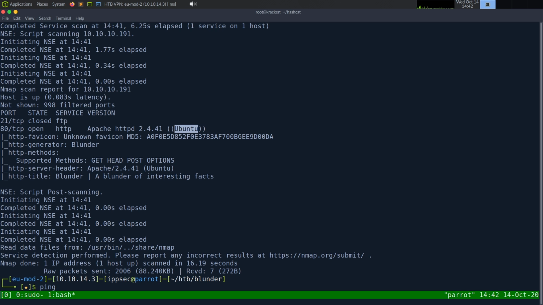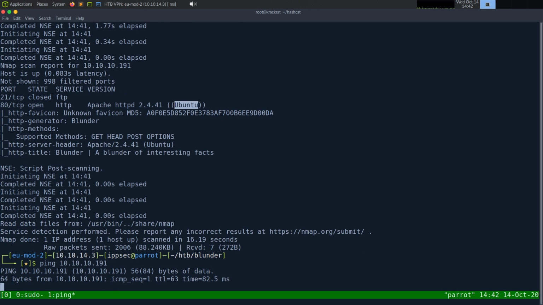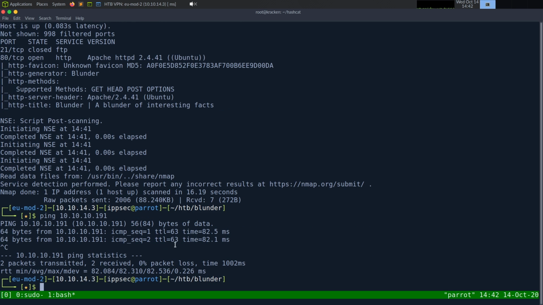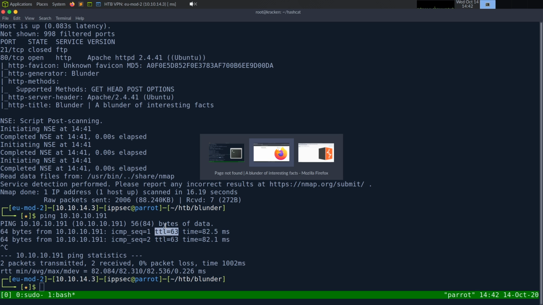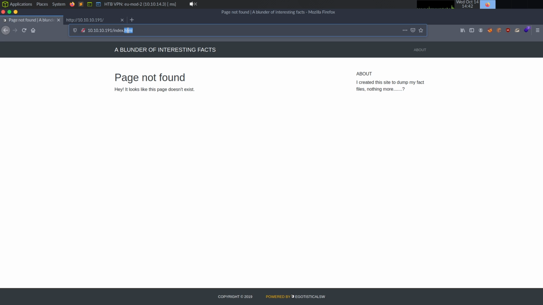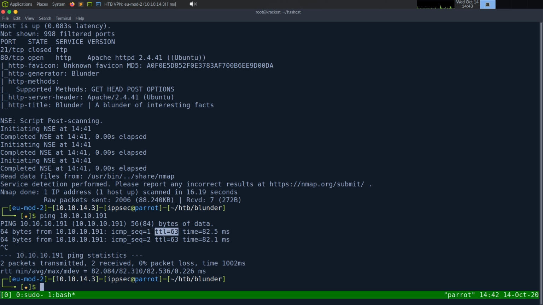We can also ping it, so ping 10.10.10.191, and its TTL is 63. There's one router between the box and us, which is the VPN endpoint, so it decrements it from 64 to 63, so this is definitely Linux. Windows is going to default to, I believe, 128, so if I saw 127 here, I would know it would be a Windows box. So it being Linux, no PHP, no HTML, when I do my gobuster, I'm now going